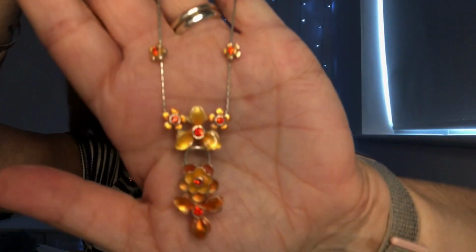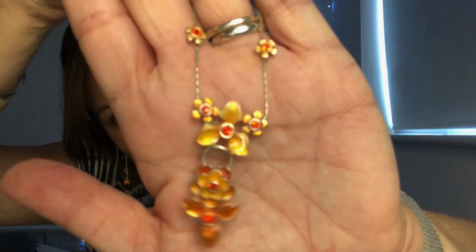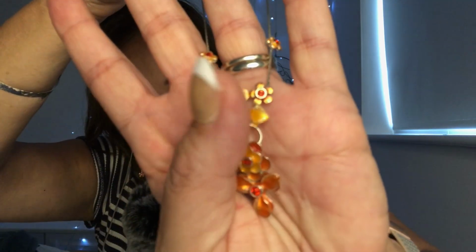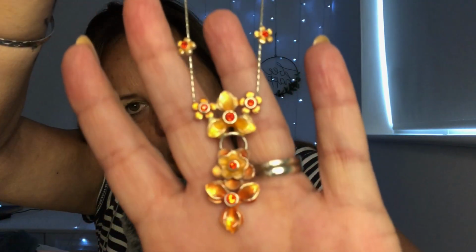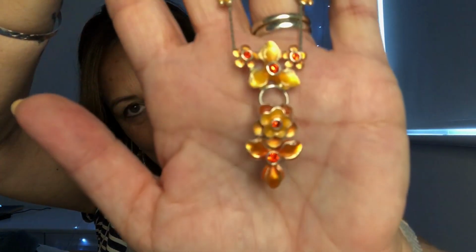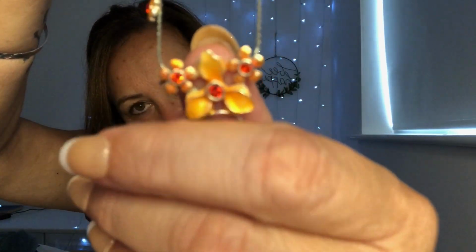And this is the matching necklace, and I went through a phase of loving orange, especially accessories. So I had orange belts, orange bags, and I really loved the design on the flowers. It's a sort of enamelled pattern. I'm not sure if it is enamel, maybe acrylic, and then it's got these little glass bits in the middle,